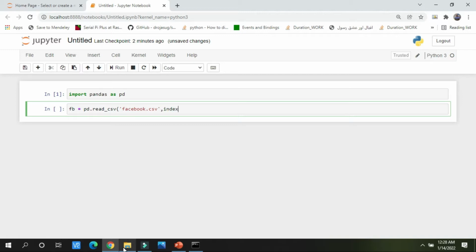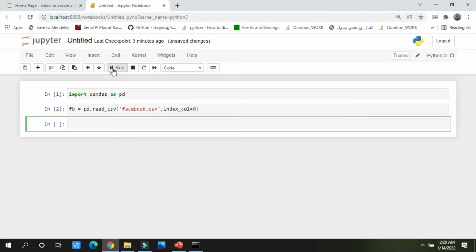Now it will read the CSV file, but in this pd.read_csv I am going to add one more argument, that is index_col. What this index column will do, we will discuss it later in the next execution of cells. Let it remain here. pd.read_csv is basically reading the Excel file. An index column is used for assigning the 0, 1, 2 values to the rows available in the file. Leave it.